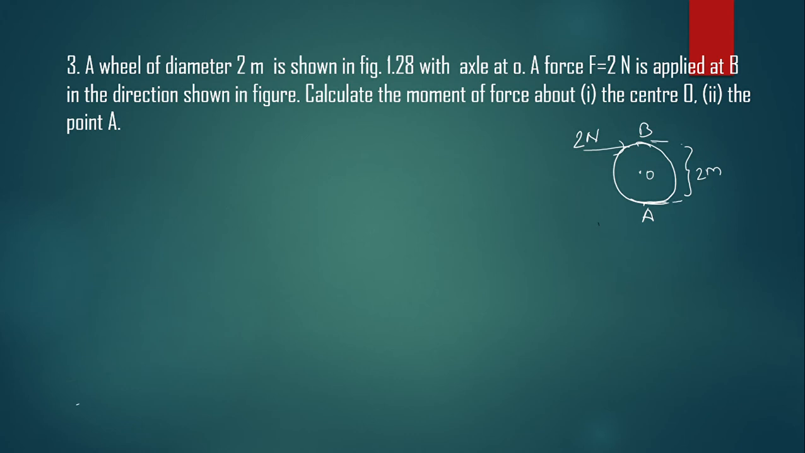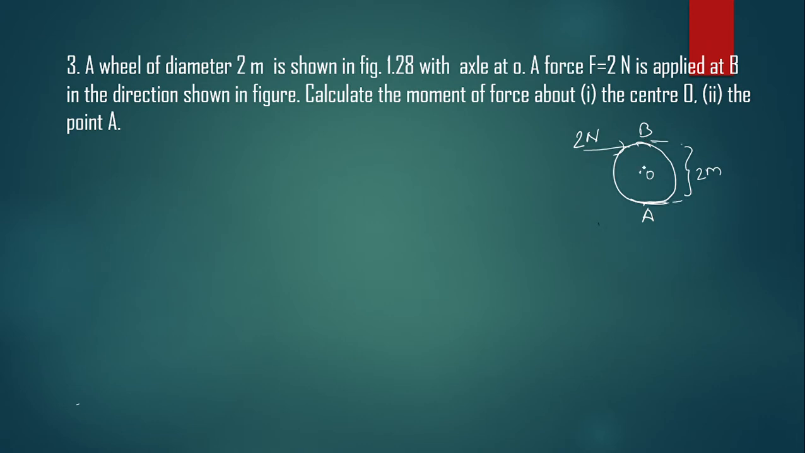Alright, so third numerical: a wheel of diameter 2 meters, shown in figure 1.28, with an axle at point O. A force of 2 Newton is applied at point B in the direction shown in the figure. Calculate the moment of force